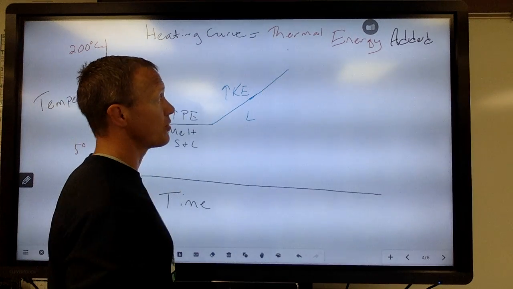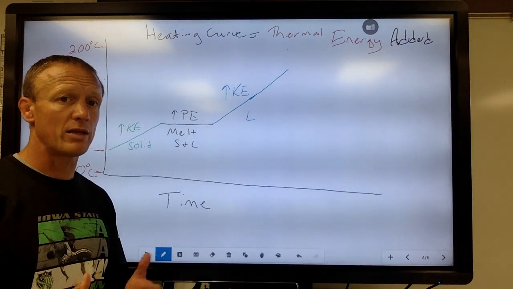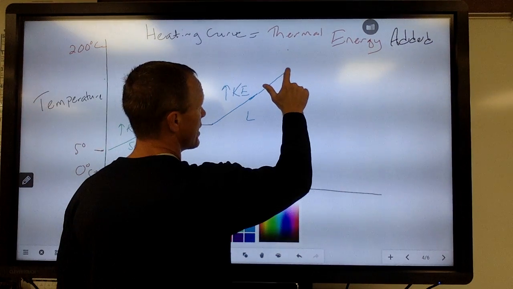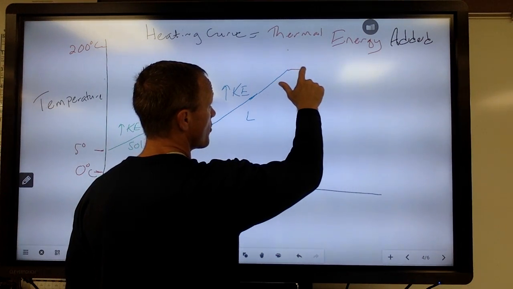Once you get to a certain temperature, you start to see bubbles. That would be the boiling state. So everything starts to boil. Okay, so once it starts to boil, again, it starts to level off. If you put a thermometer in boiling water,